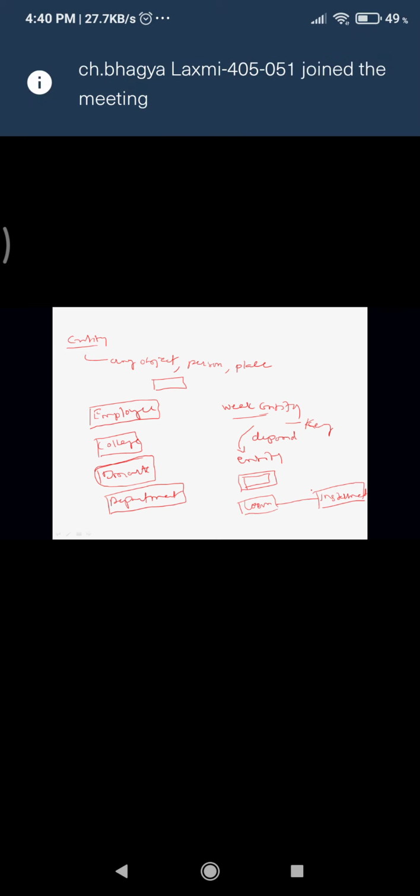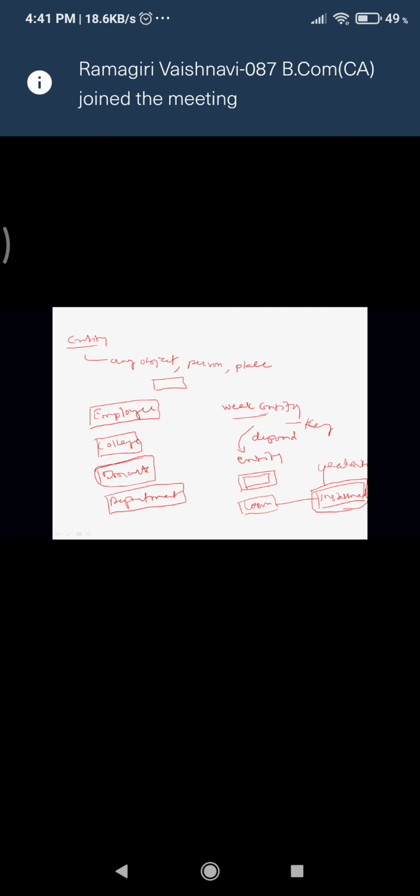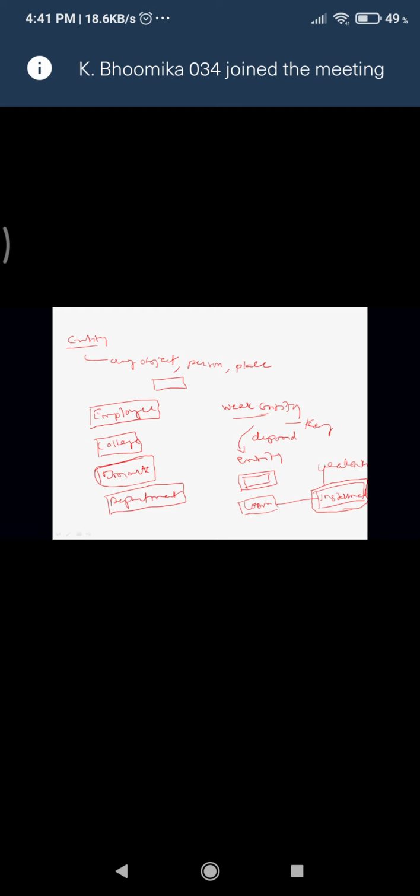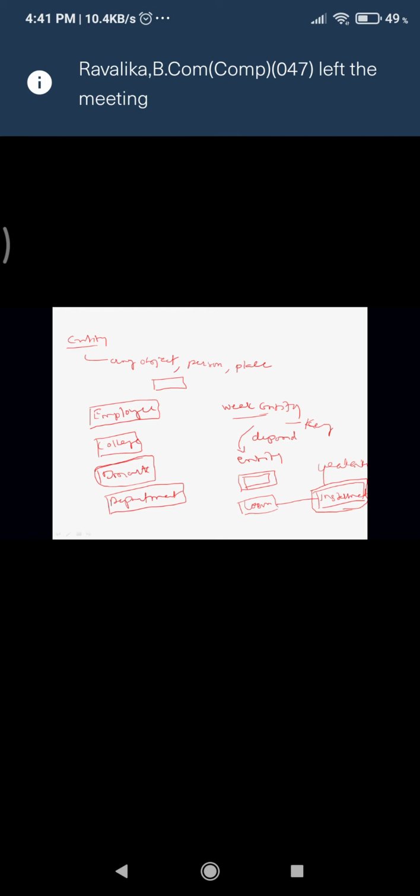Installment is also an entity, but this installment is available only if you take the loan. That means it is dependent on the loan. So we call loan an entity, but we call installment a weak entity. Now you got it? Okay.